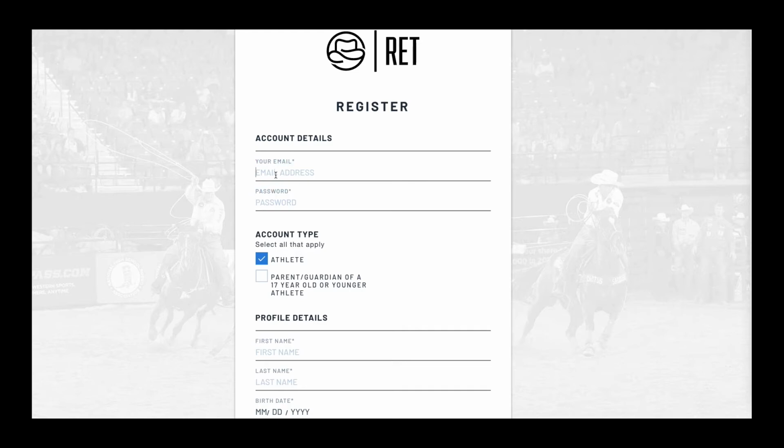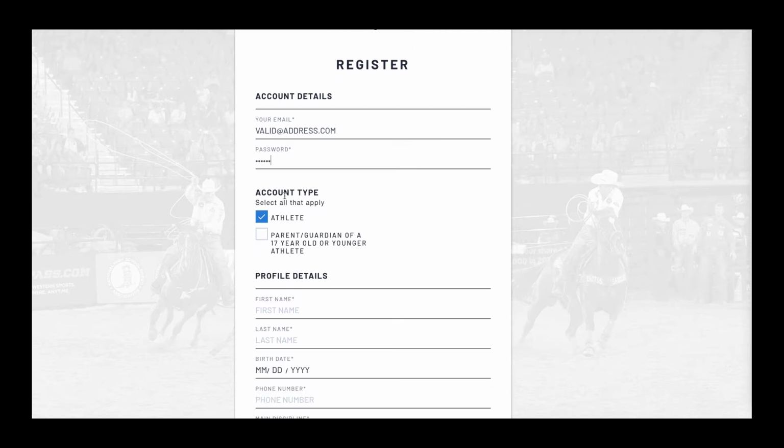Now, the email address, you're going to want to make sure you have access to it and it's a valid email. We send out entry confirmation and entry receipts to the email you provide here. So in order to obtain those records, you're going to want to give us a valid email address. So valid address, you come down, you give us a password, and then this brings us to step number 2,